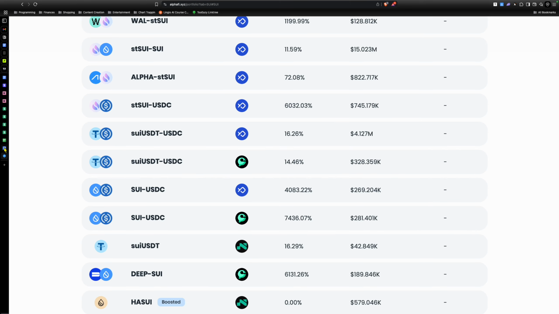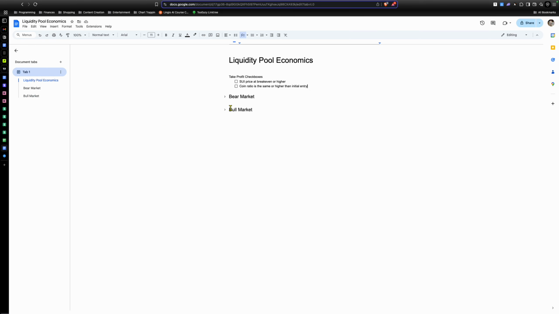So let's go back here. This part next is really, really important. So this is the economics of what's happening in your liquidity pool. Again, you have to continue to understand that you are a supplier. You're a person who is putting up shop, and you are selling Jordans. You sell your grocery mart. You're selling groceries, whatever. When you're a supplier during a bull market, let's talk bear market first, because this is